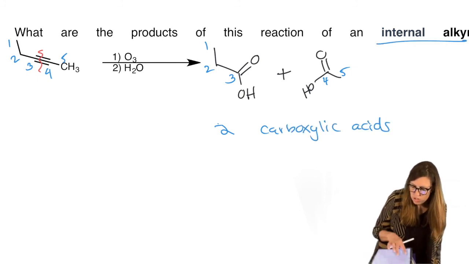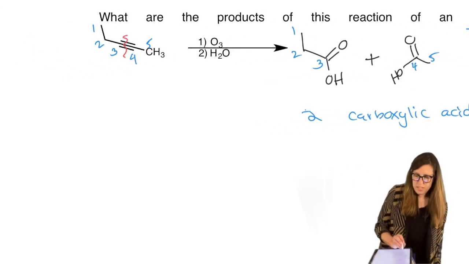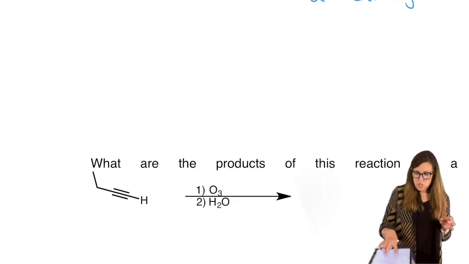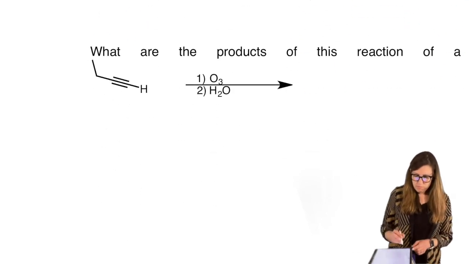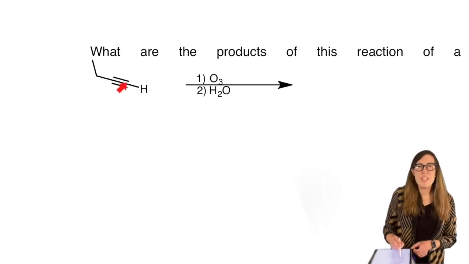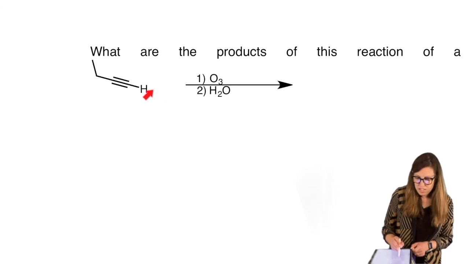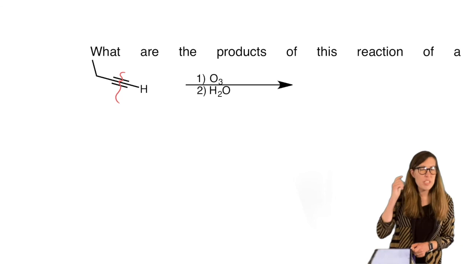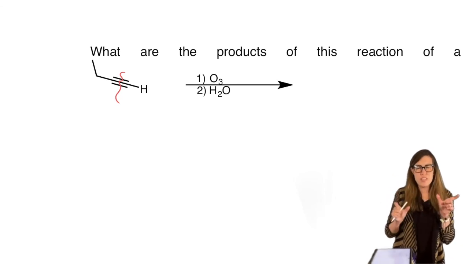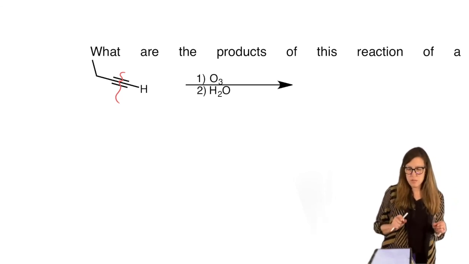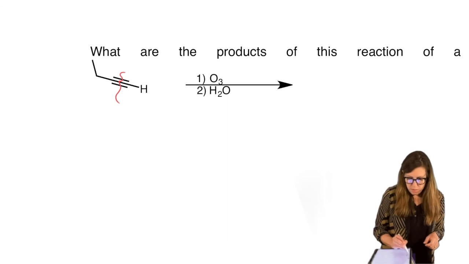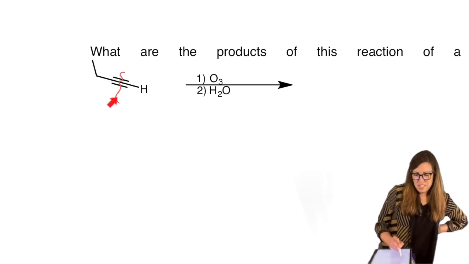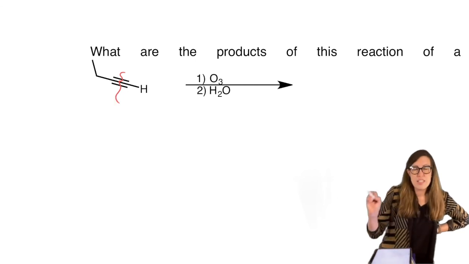This is an internal alkyne that does that. Internal means the alkyne is in the middle. There's R groups on each side. A terminal alkyne means that we have an H. It's at the end. So what happens when we cleave just one carbon, and we can oxidize both sides of it? So you can oxidize the sides that don't have R groups. We have the one single carbon that can oxidize the right side and the part that gets cut. It gets fully oxidized to CO2.